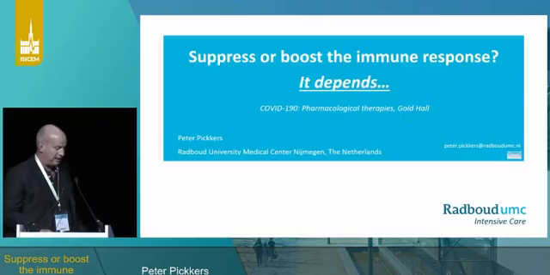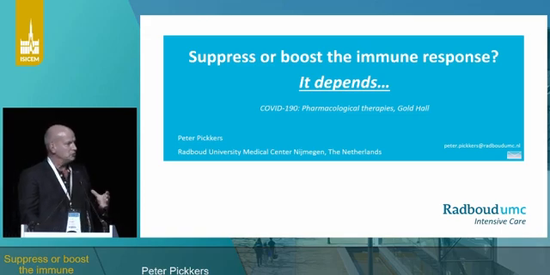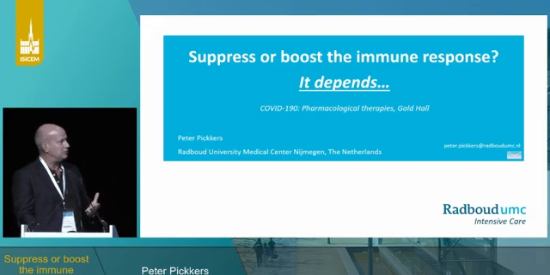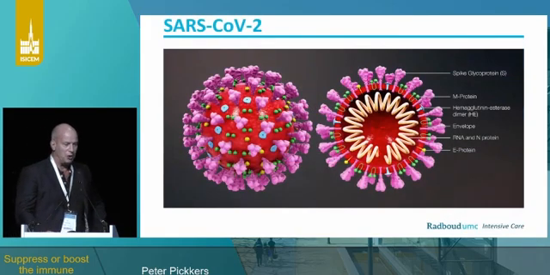And I think this afternoon we learned a tremendous lot about new drugs and some amazing results and some disappointing, but I think the general feeling is how can we select patients that are most likely to benefit? Most of these drugs are suppressing the immune system, but maybe we should not give it to a specific patient, or maybe there are even patients in which we should do the exact opposite. So that's the talk I'm going to present.